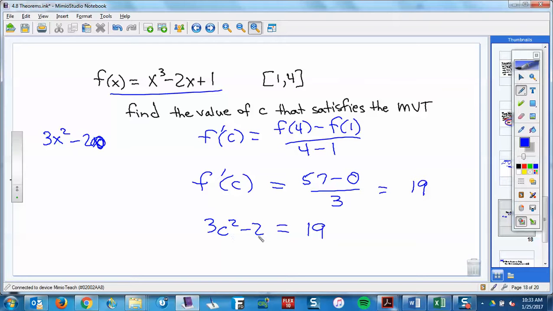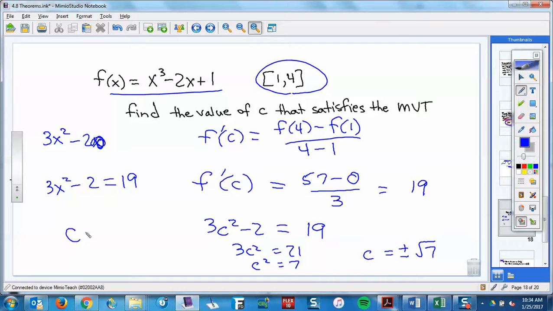Now, technically, we're finding c. But if you did it as 3x squared minus 2 equals 19 and solve that, I would have no problem with that. That'd be fine. If you called it x instead of c, it'd be fine. But 3c squared would be 21. C squared would be 7. C would equal plus or minus root 7, but